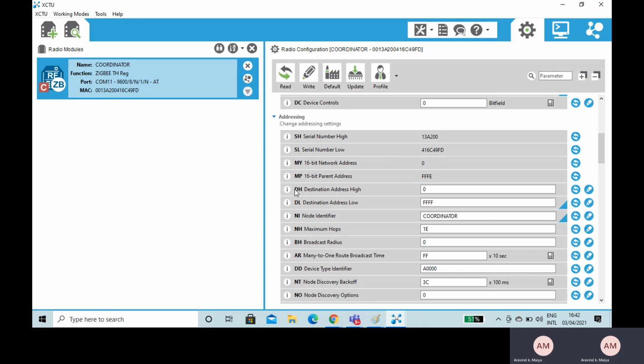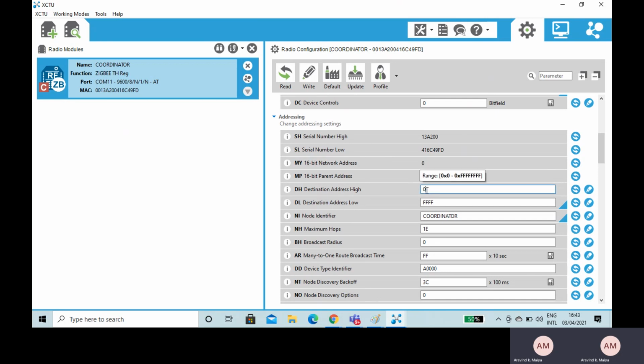Now there are two types of addresses. One is the source address and one is the destination address. Source means from where you start. Destination means where you go. In our case, the destination is our receiver. We are sending the data from the transmitter to the receiver. The destination address has been split into destination address high and destination address low.